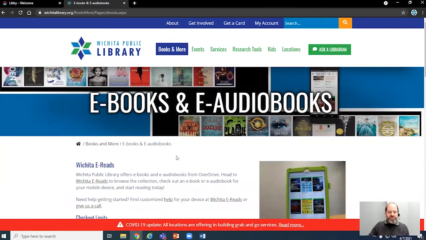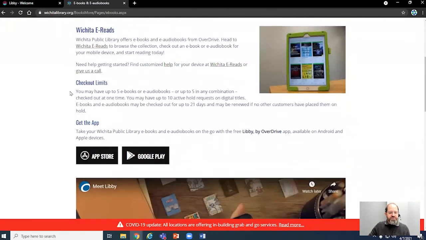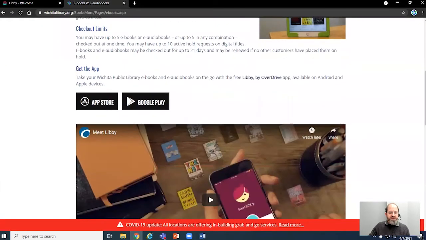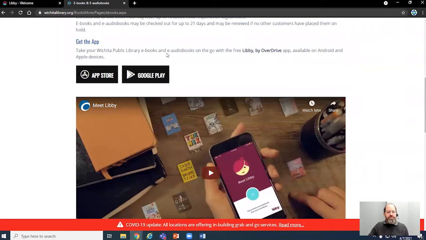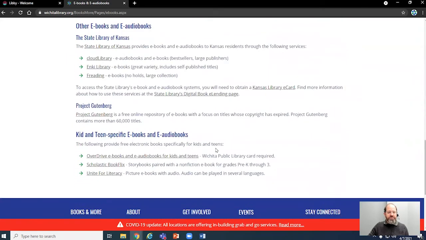And here's the eBooks and audiobooks page. And you can scroll down and get some information about checkout limits. There's links to get the Libby app from the App Store or Google Play. And there's a handy video from OverDrive about using Libby. And if you keep scrolling down, there's also links to the State Library of Kansas